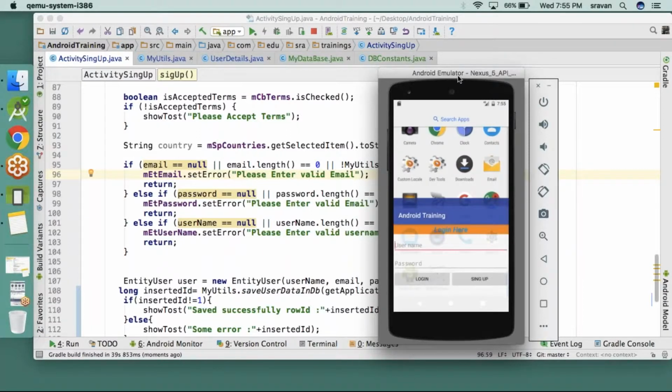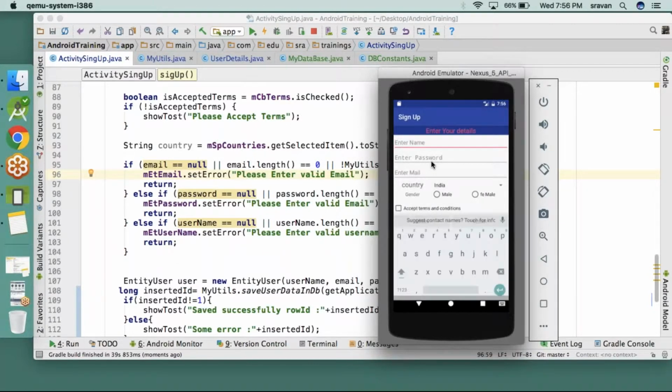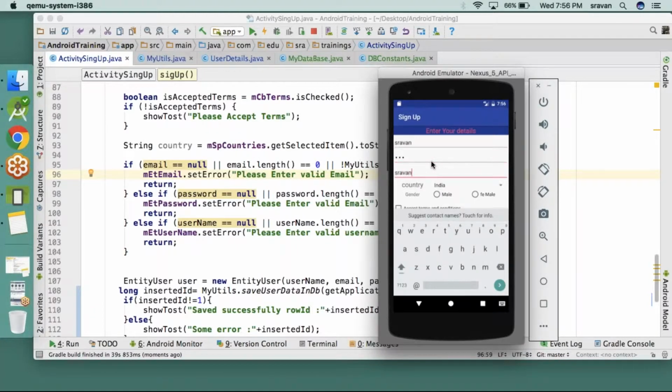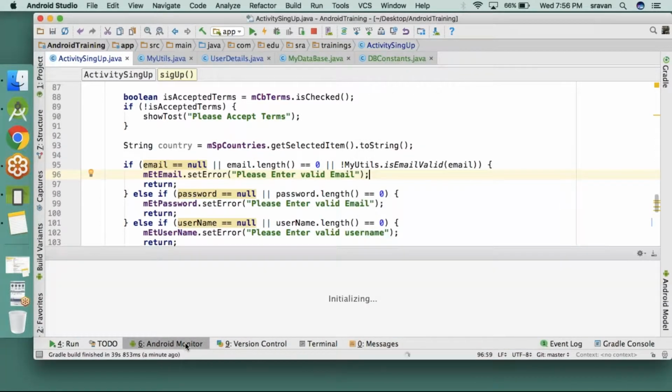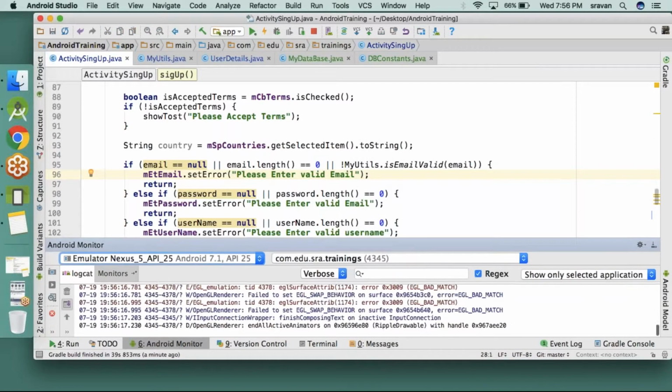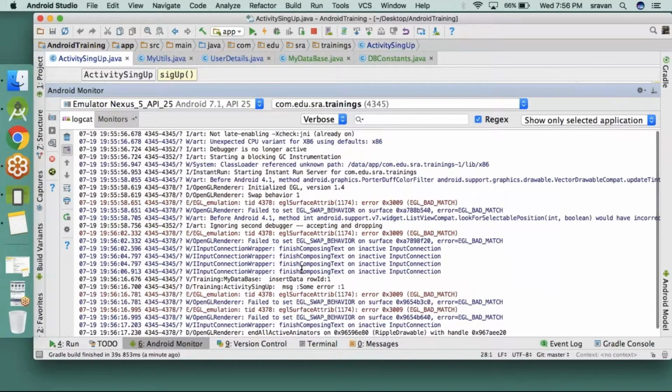Now we need to find the cause of the error. When I click the sign up, I'm entering username Shravan, password 123, and email Shravan at gmail.com. Country is India and mail acceptance. When I press the login, some error. What is the reason here? Usually it should show some error here. You should get a force close.